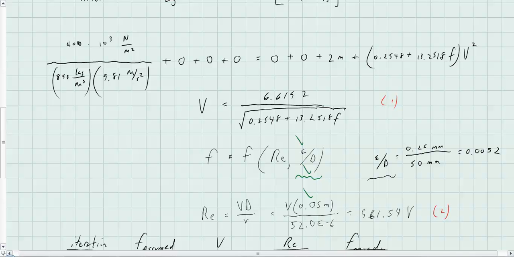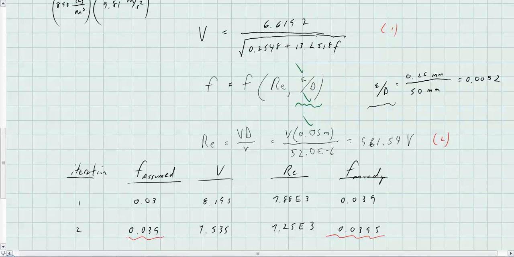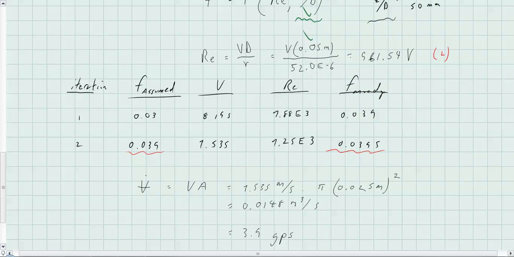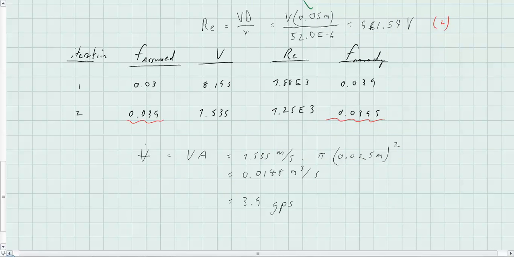We reduced the energy equation into V equals function of constants and F. We then explored a relationship for friction factor involving relative roughness and Reynolds number. And we went through a classic iterative approach. That iterative approach normally assumes values of friction factor at 0.02 or 0.03 as a practical note. At the end, we were able to calculate the flow rate through the system, and I hope this